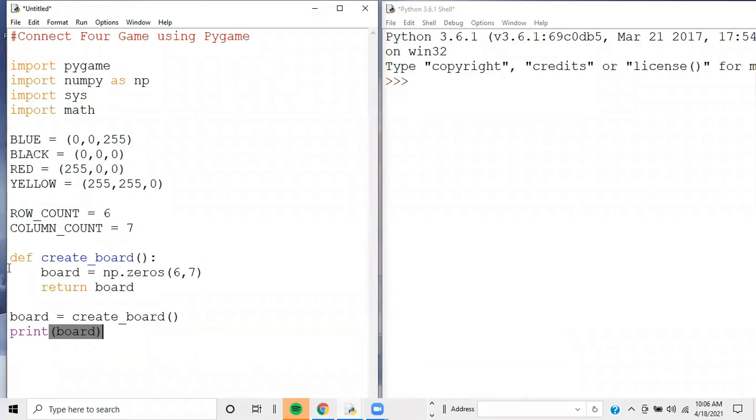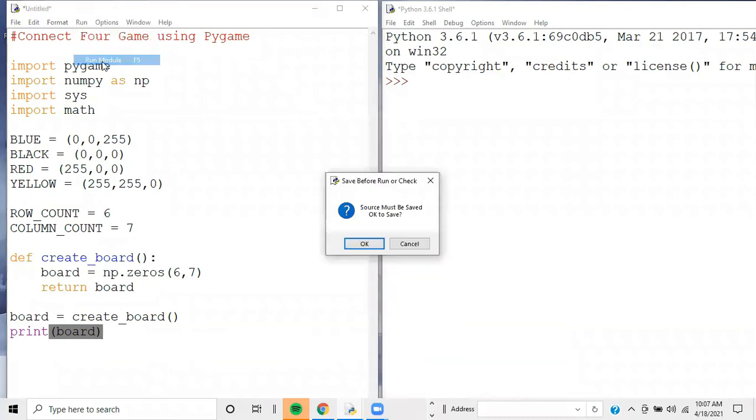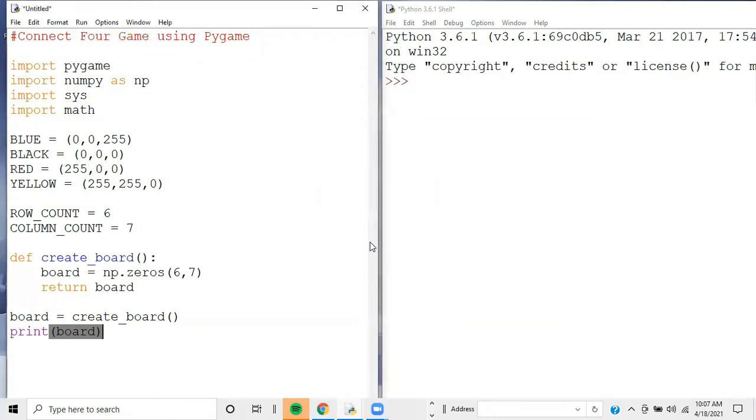So it should have 6 zeros going across for rows and 7 zeros for columns. All right, so what we're going to do is save the file for the first time. Up in the toolbar in your IDLE session, in your text editor, click on Run, and then the third option down, Run Module. Click OK to save it,